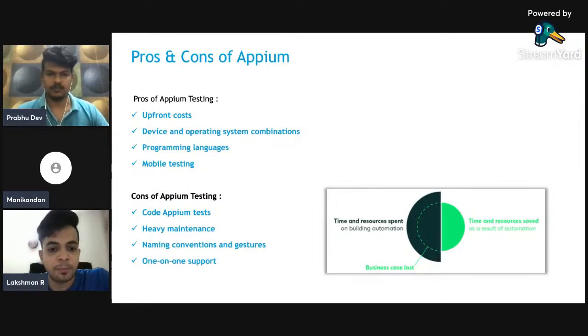And I think I've pretty much covered the Appium 1.0 version. Now I'm handing over my session to the next set on Appium 2.0. But before going to that, I would like to take questions from the active attendees. If you have any questions, you can throw them and I'm ready to answer.